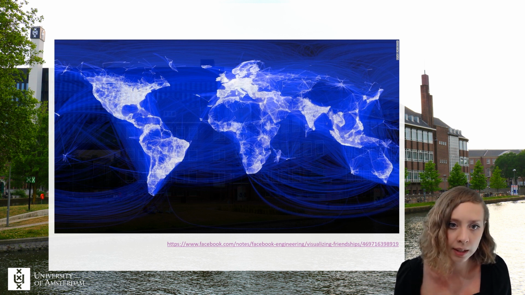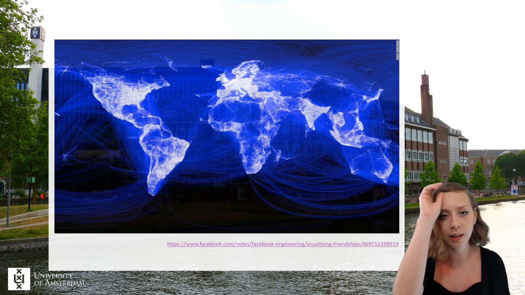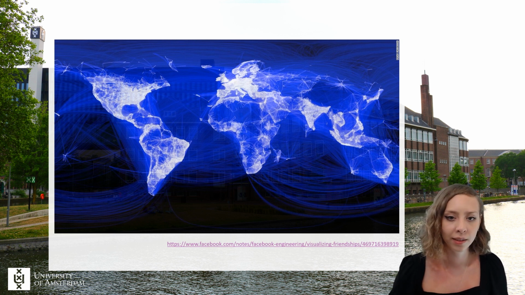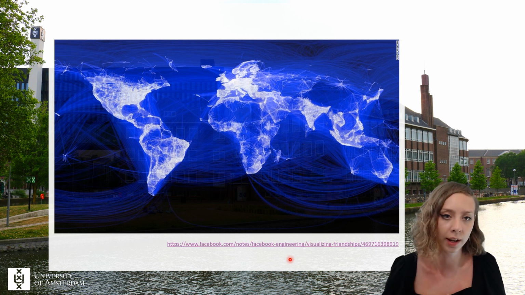And here you can see an example of a network. This is a Facebook network, and it highlights friendship patterns. So this is built out of more than 60 million elements. There's a link that I also included here, where you can read a bit more about this. And this is really difficult both to compute and visualize.